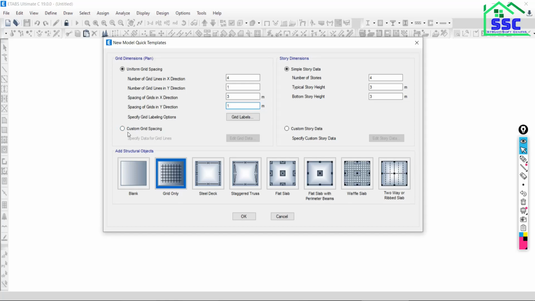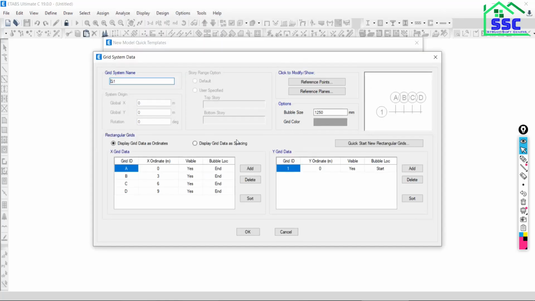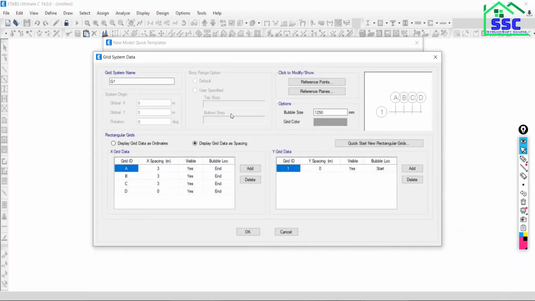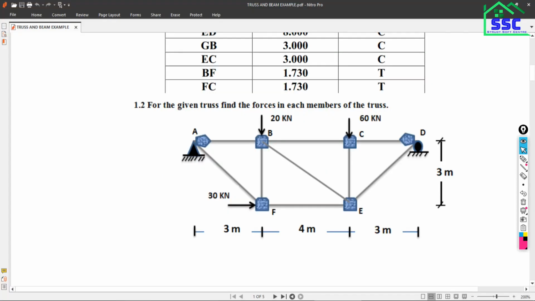Now go to Custom, then Edit Grid Data. Once you click Edit Grid Data, you also know the application and meaning of these two options. I would like to work with the second option. Check this one. The grid is at a distance from A to B; in reference to A, the distance is 3 meters.